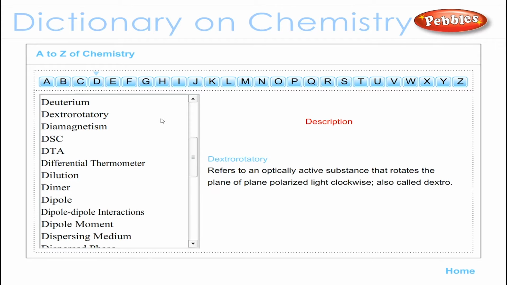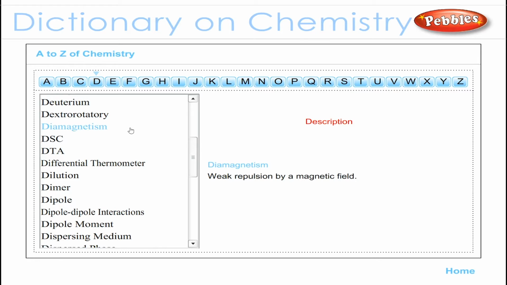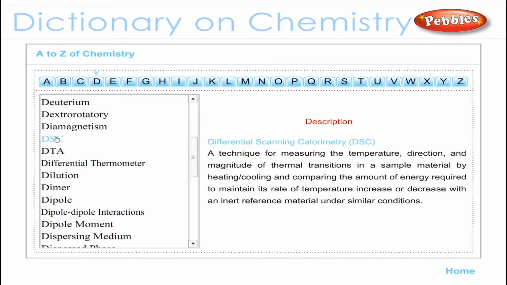Dextrorotatory refers to an optically active substance that rotates the plane of plane-polarized light clockwise, also called dextro. Diamagnetism, weak repulsion by a magnetic field. Differential scanning calorimetry, DSC, a technique for measuring the temperature, direction, and magnitude of thermal transitions in a sample material